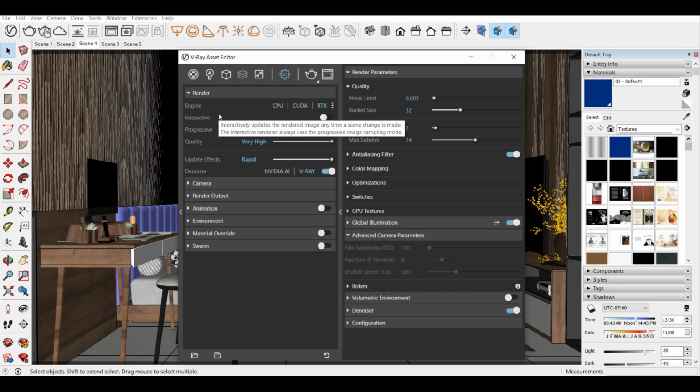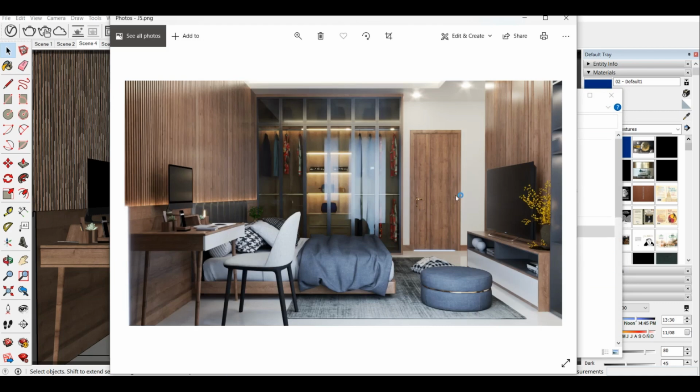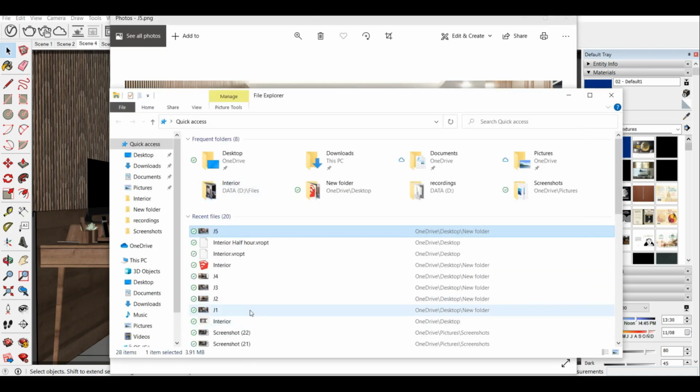I will be showing you the render settings on your display screen here. The render settings I show you will be the same render settings on which we will be rendering things out. Even the last render picture I can show you is the J5. And the other one which we have, the J1, which we rendered on the same